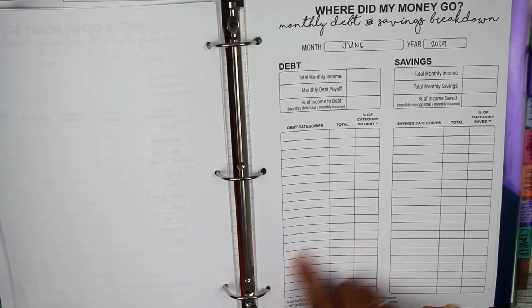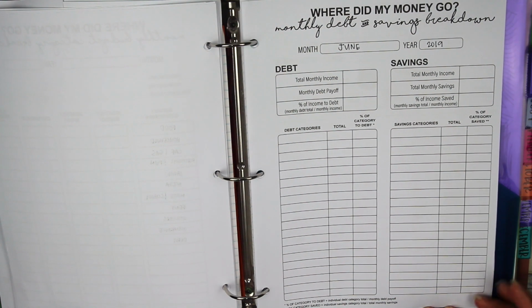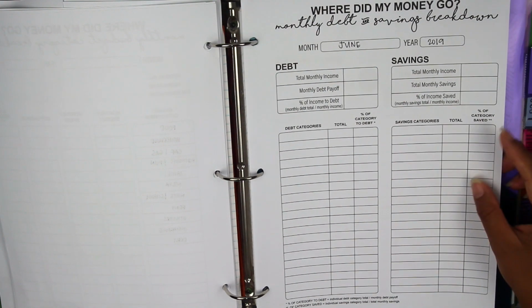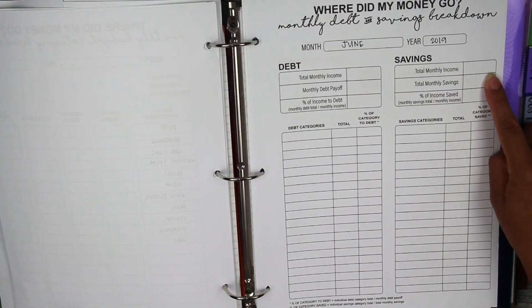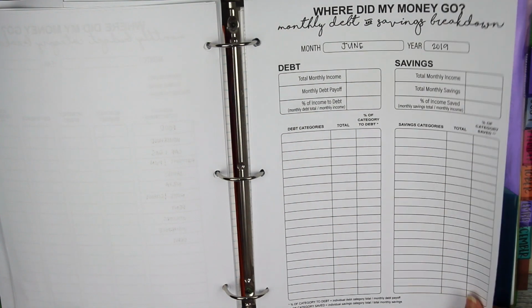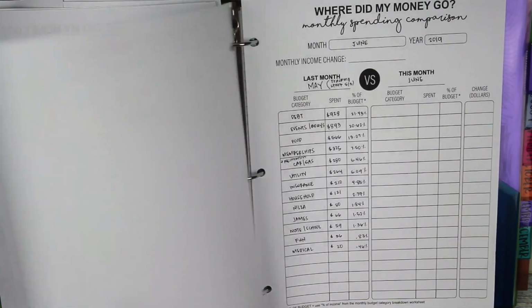So this I'm still probably going to have to try to figure out how to fill out, but it looks pretty self-explanatory. And then you have one for savings as well. So total monthly income, total monthly savings, and the percentage of your income that was saved. And then on the next one,